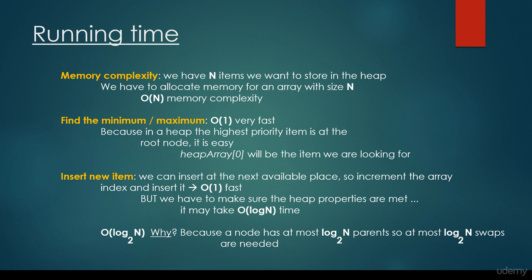structure. You may pose the question that, okay, we have been discussing this logarithmic time complexity. First of all, it's important to know that it is the base 2 logarithm. And why? Because a node has at most log base 2 n parents, so at most log base 2 n swaps are needed. So whenever we come to the conclusion that the heap is not valid and we have to make some reconstructions and swap operations, then we are sure that there's going to be at most log n swap operations. And that's why we are able to say that in the worst case, insertion is going to take